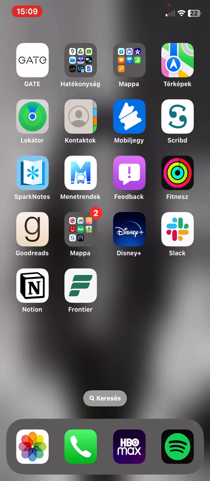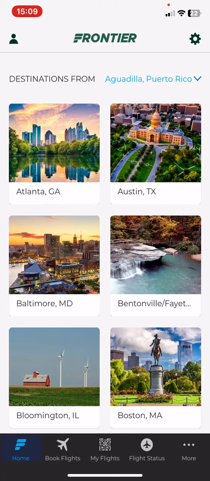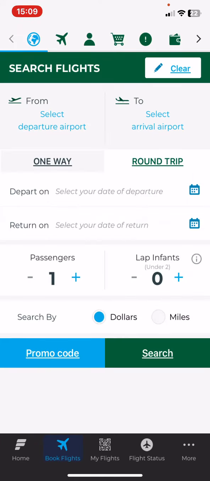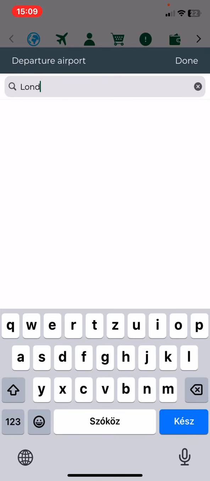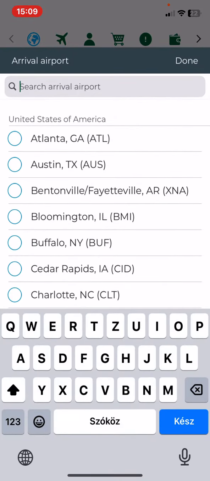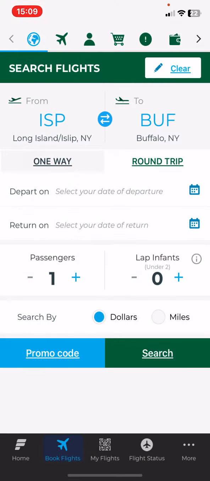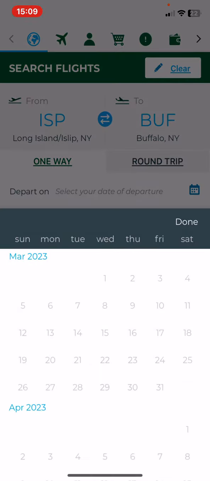First of all, open the application on your phone and then click on the book flights button at the bottom of the page. So first you have to select the departure airport, so you can search for it, and then you have to set the arrival airport as well, and then you have to set if it's a one-way trip or a round trip. If it's a one-way trip, then you have to set the date of the departure,